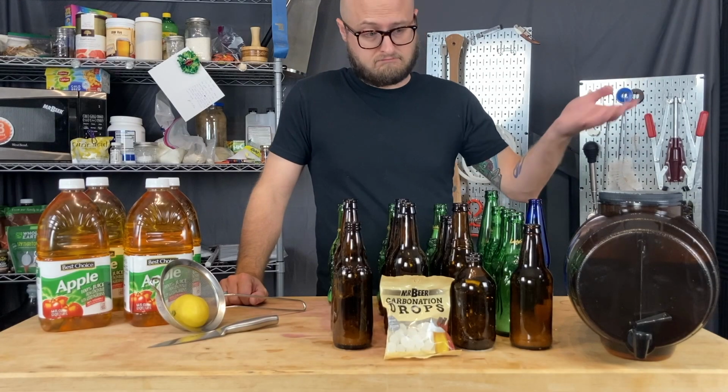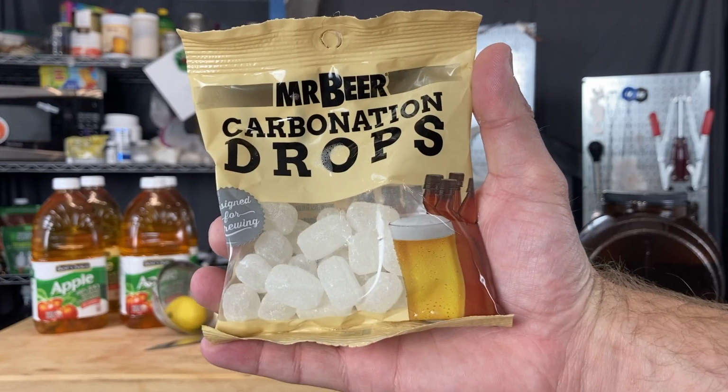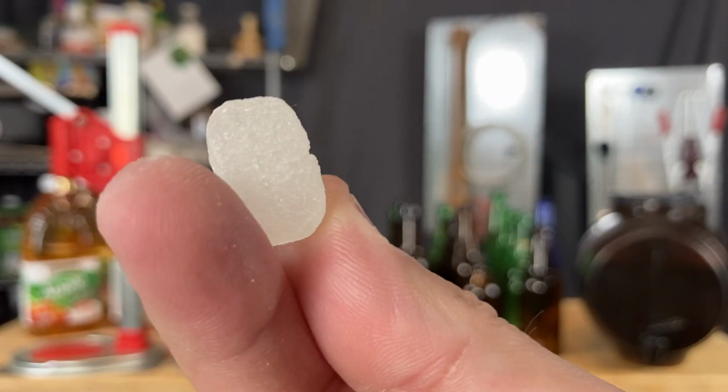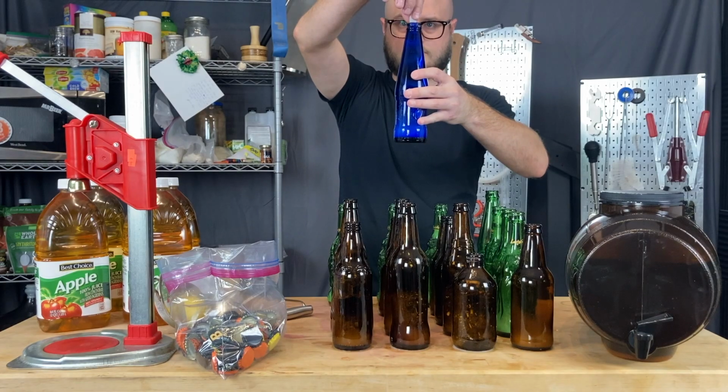2 weeks later, our beer is done. The bubbling has stopped, I pulled off a taste, and there's no sweetness left in it. So we're going to use our carbonation drops here to carbonate our bottles. These are made out of dextrose, and they dissolve pretty fast inside your bottle after you pour your flat beer